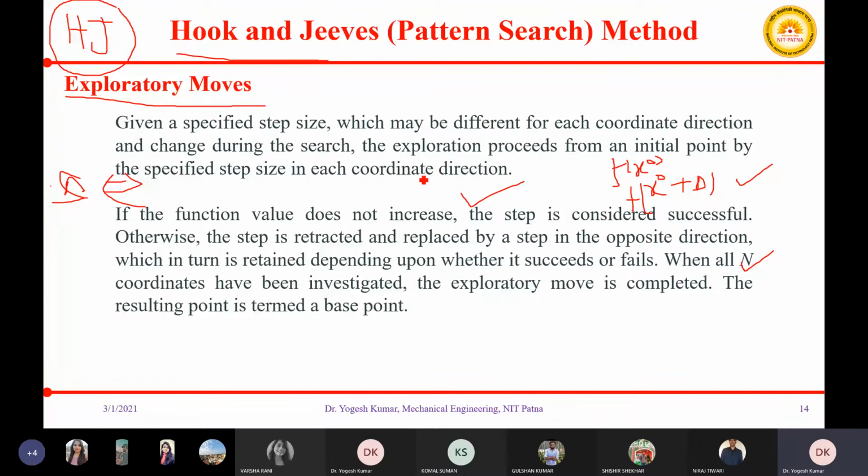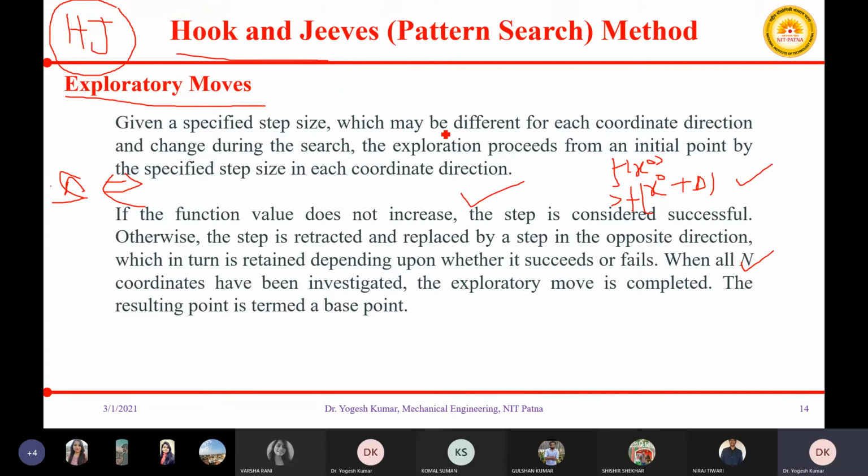So if the value of the function at your next point is less than at your starting point, then you can say that your exploratory move is successful.